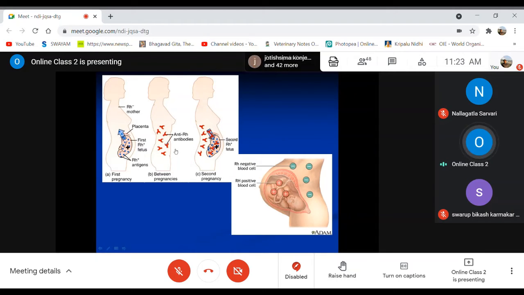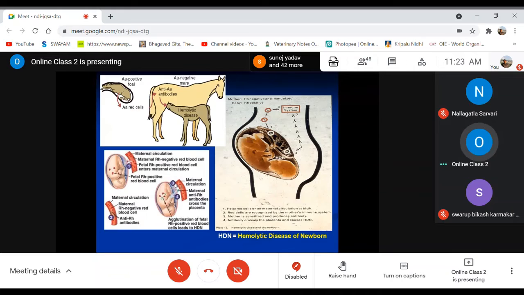They will cause excessive lysis of the RBCs of the baby, the fetus, leading to destruction of the RBCs and severe